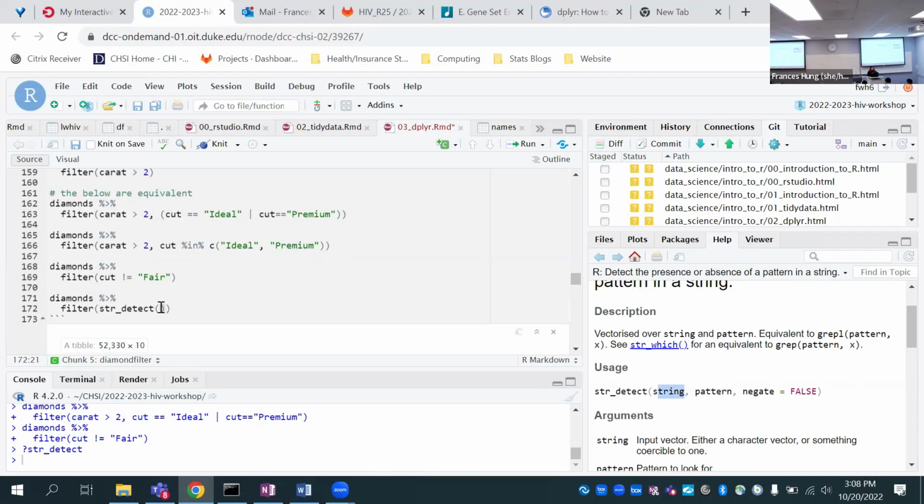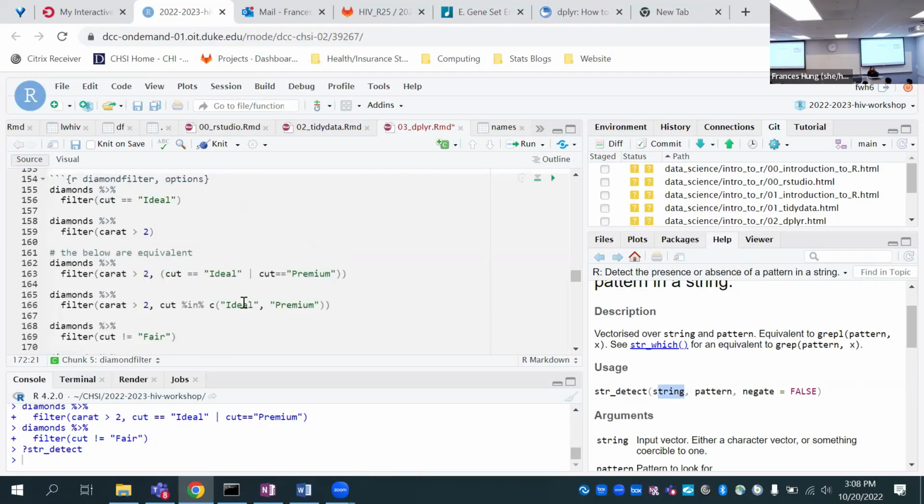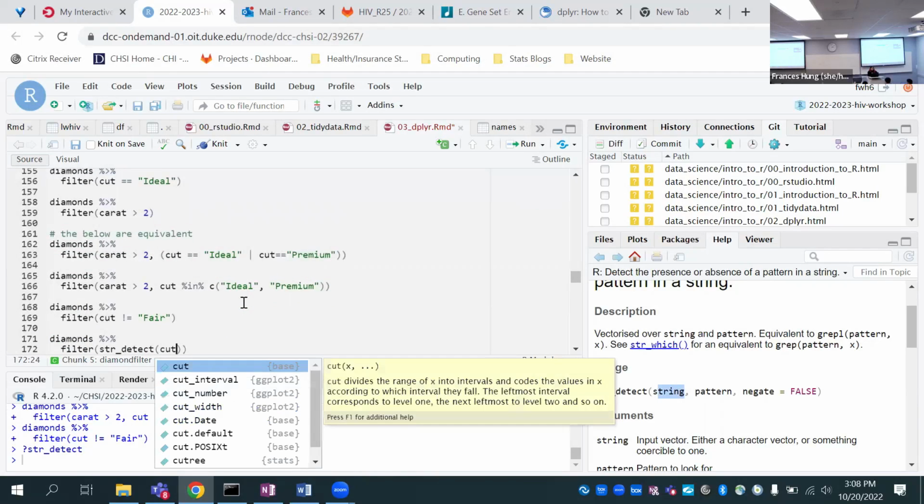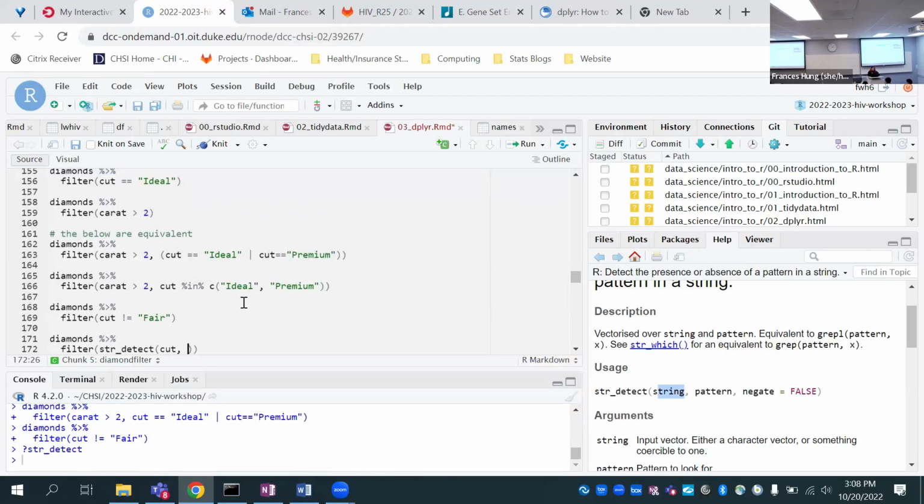So the string in this case that we want you to look at is the cut. So we're going to search all of the values of cut in the cut column, and we're going to see whether it matches the following string.